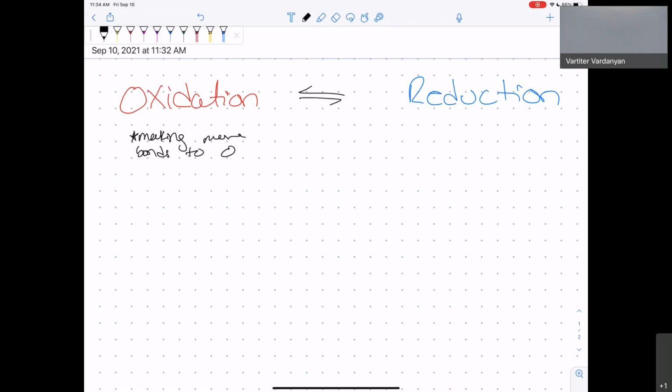When we do a reduction, we're reducing the number of bonds to oxygen. An example of this reaction is